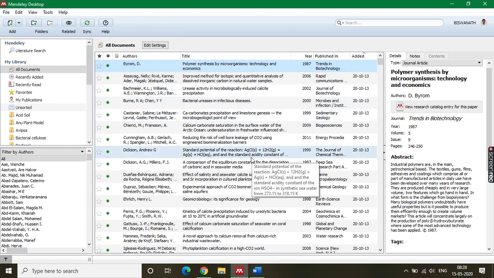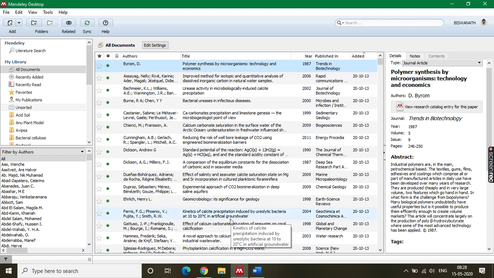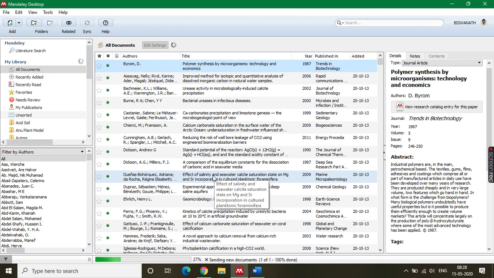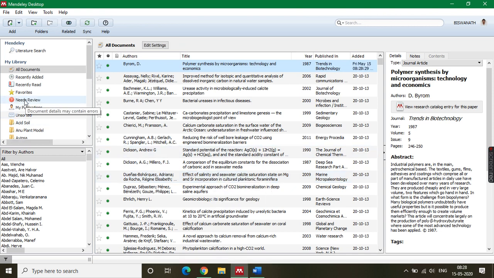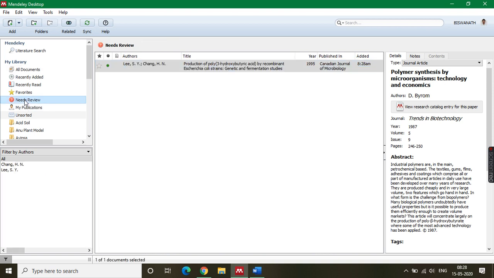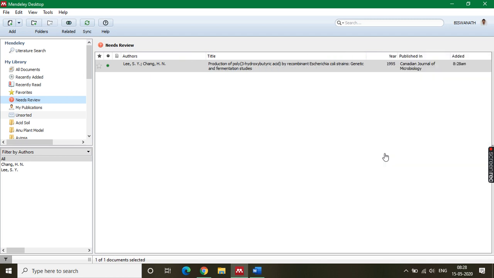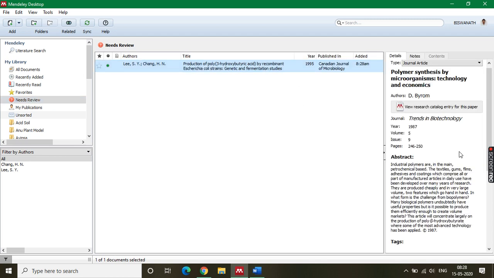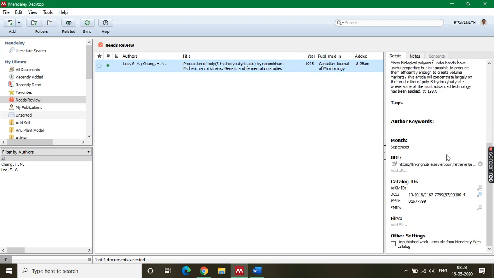After addition of each paper I can sync, or maybe I will add a batch of papers and then sync. It is your choice. For example, I am syncing after adding one paper, so I added one, right? It should come from the web to your local desktop, and you see it came, and it is coming under Needs Review, because I just added the paper. It will show me, and I just have to verify whether the things are correct or not. You can see this is the paper, it is going 1987, volume, page number. If you know you are correct, and if you want to be very sure, you can again click the DOI.